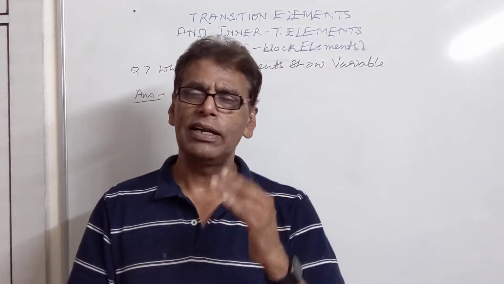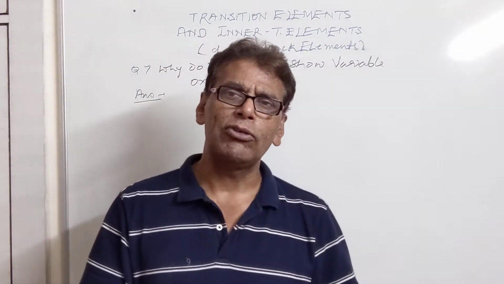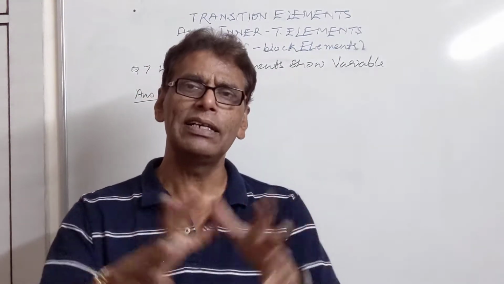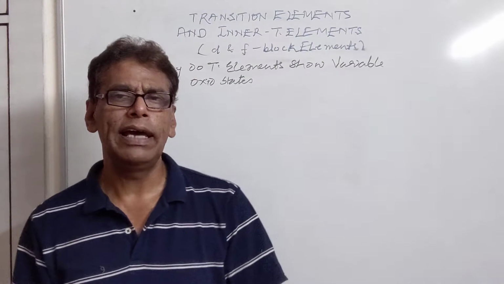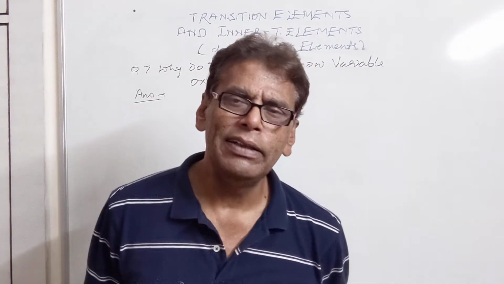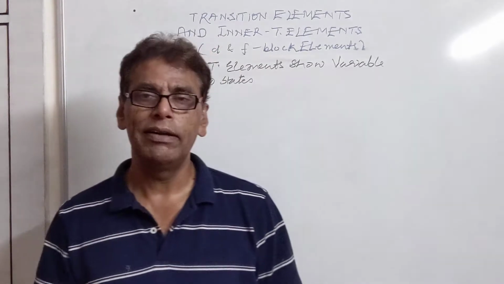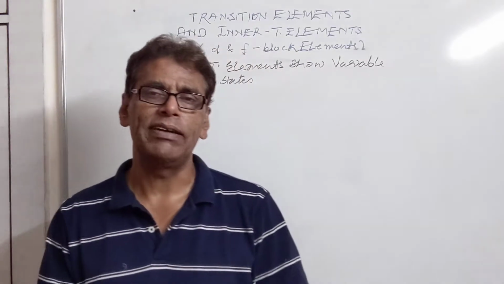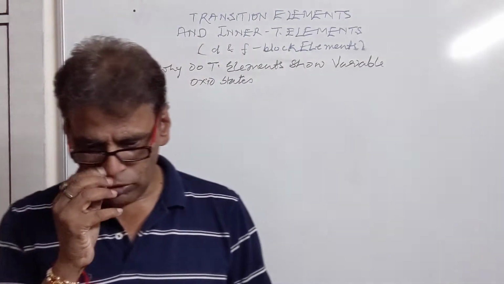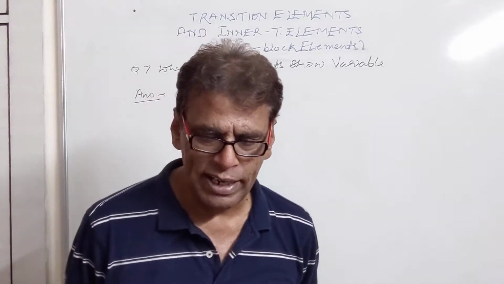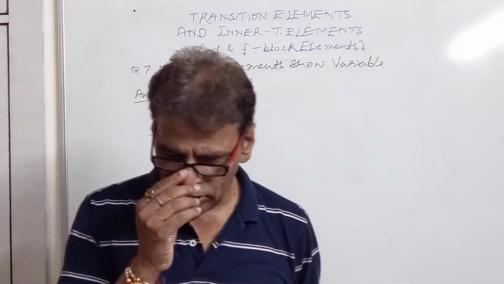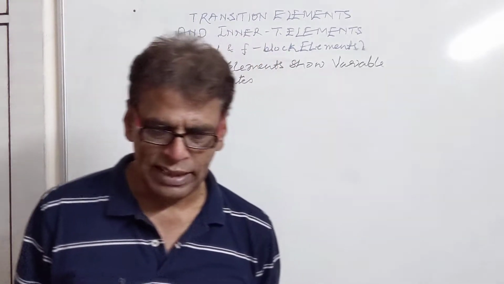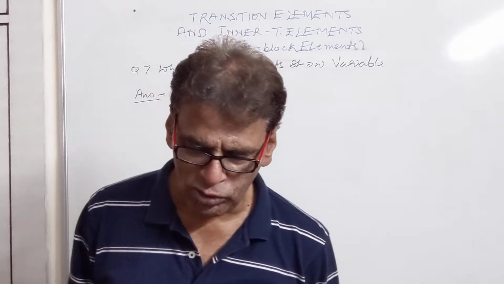But the species or reagents which do not have electronegative atoms, or which have atoms of less electronegativity, when they strike against a transition metal, can withdraw only ns electrons. So they bring the metal into a lower oxidation state, and the substances which have more electronegative atoms can bring the metals into a higher oxidation state. So it is due to the similar energies of (n-1)d and ns electrons that reagents of different strength can withdraw different numbers of electrons from their ions and form different compounds in different oxidation states.